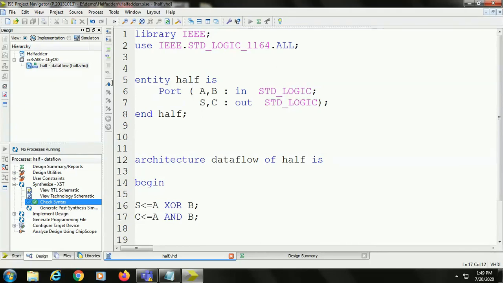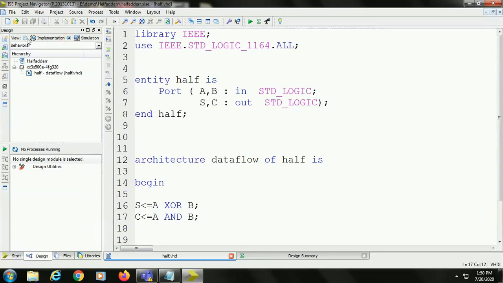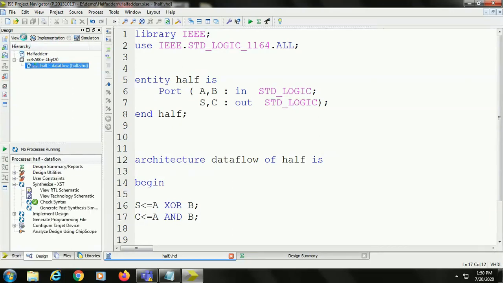One important point: observe this view here, implementation and simulation. These two things are there. Here, the implementation part we have completed, we have written the program. Now we have to verify the output for this program. For that, we have to specify some inputs so that we can obtain the output. Here we are writing another program to verify the output. That is called the test bench program. In the test bench program, we are going to specify the inputs. For those inputs, it will generate the output.